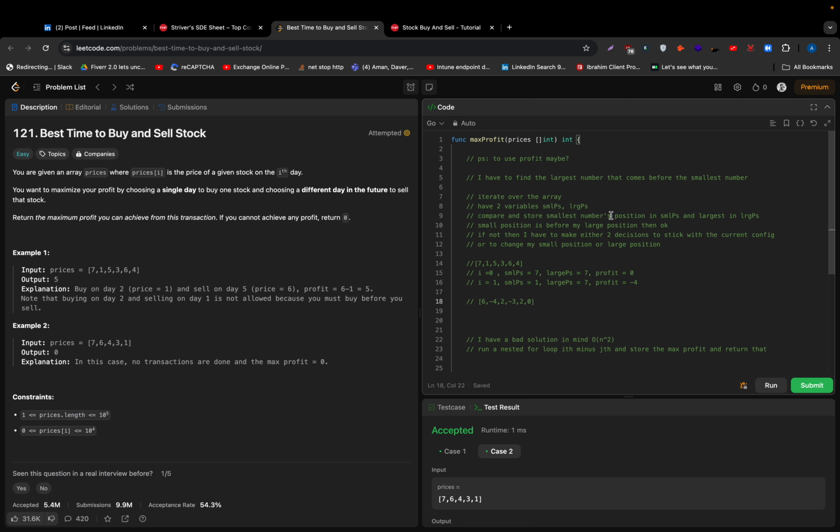Basically what I'm thinking of is looking for the largest number that comes before the smallest number. That's basically 7 minus the largest number that comes before the smallest number. So